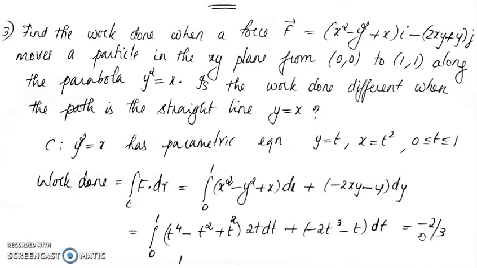Now if the vector field f can be put in the form f equal to del phi, where phi is the potential function, then the work done does not depend on the path and it depends only on the endpoints. So taking 0 0 to 1 1, the work done along any path will be the same, provided F can be put in the form F equal to del phi. That is, if a potential function exists for F, the work done will be the same along all the paths joining 0 0